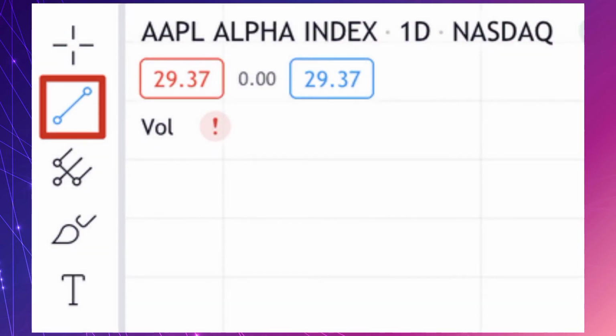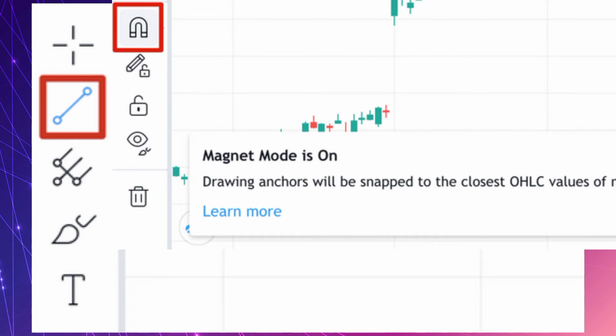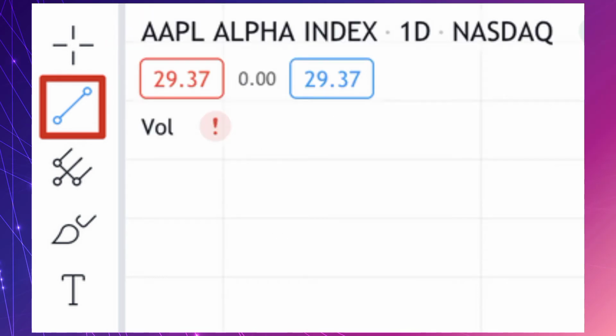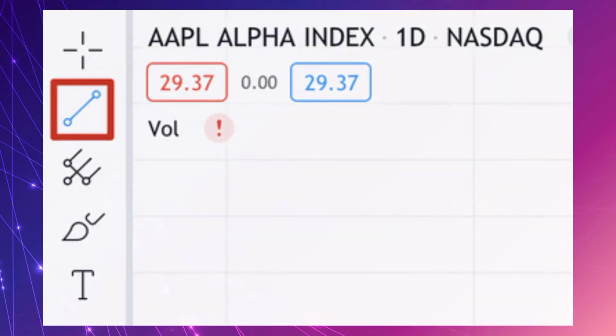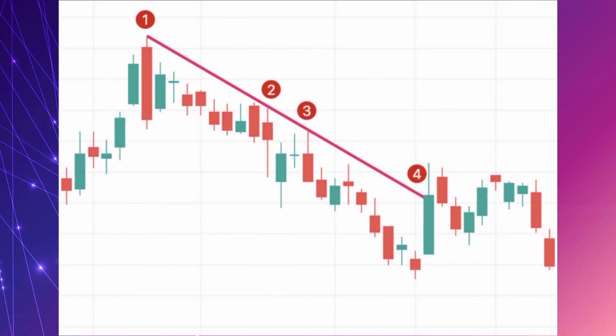Drawing trend lines. To start the tutorial, select the line tool from the left side toolbar. You also might want to turn on the magnet tool. Your lines will snap to any nearby OHLC point, which is helpful to improve accuracy. For a downtrend, start at a local high point before a price dip, known as a swing high. Click where you want the line to start and try to include as many highs as possible. Click again when you want to complete your trend line.